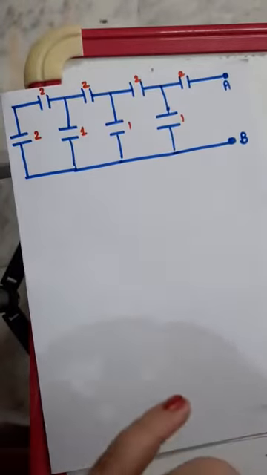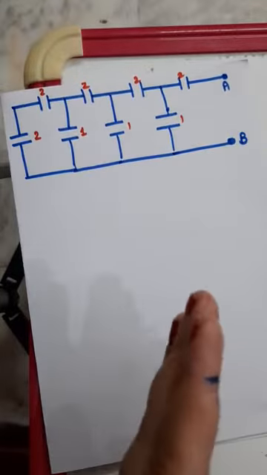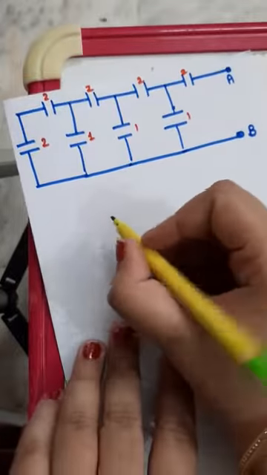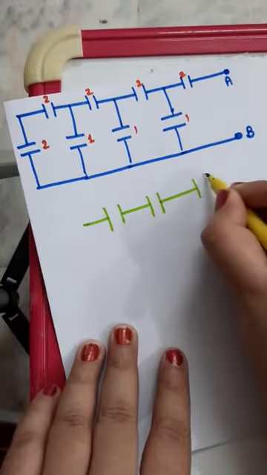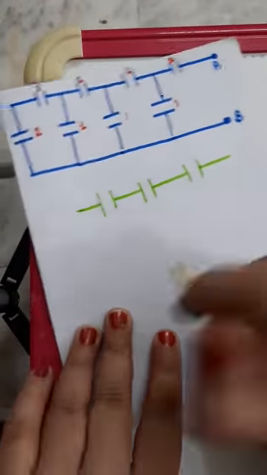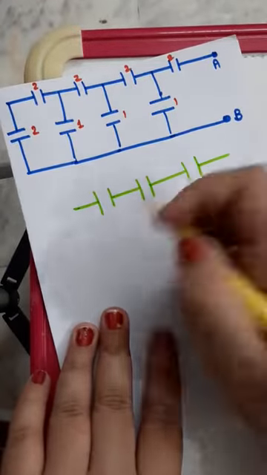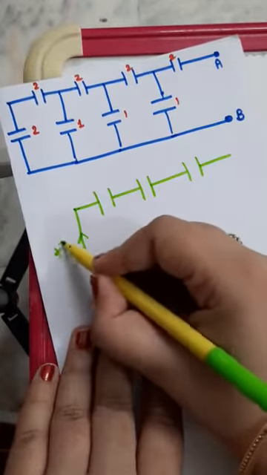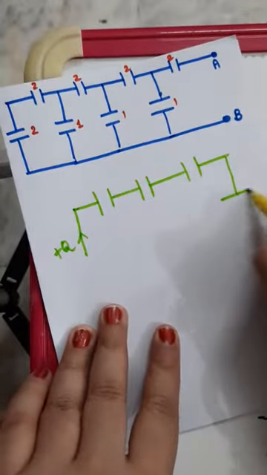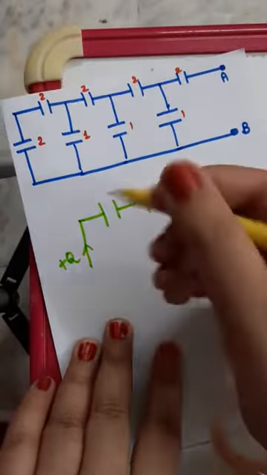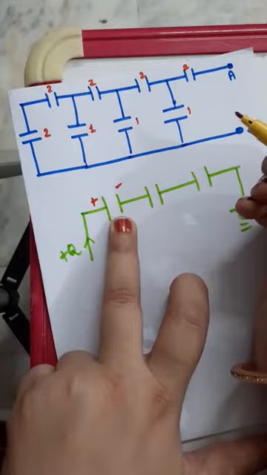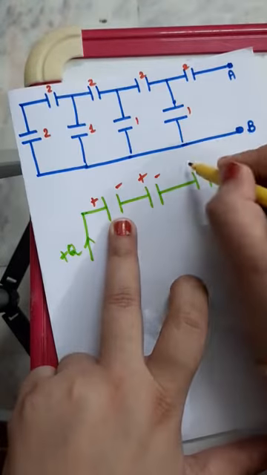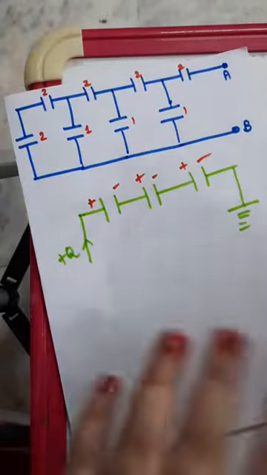But before doing this question, let us start with a concept building. You observed that when capacitors are connected in series combination, here's a quick recap. When they are connected in series combination, they are connected like this. From here we give the positive charge and this side is grounded. Eventually this plate acquires positive charge and this plate acquires negative. This is positive, this is negative, this is again positive, this is negative.